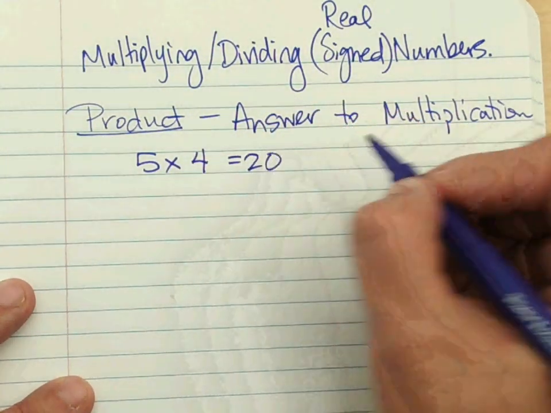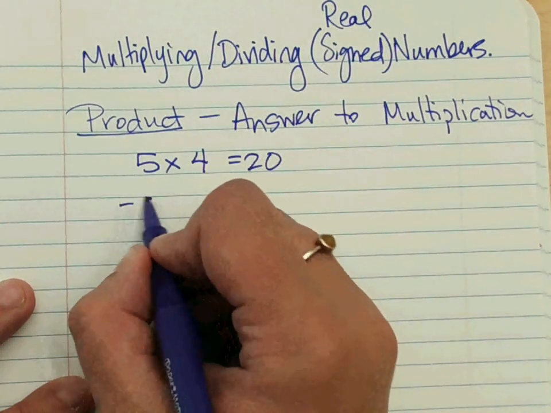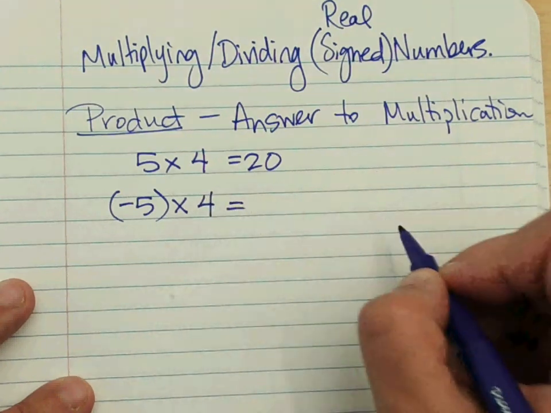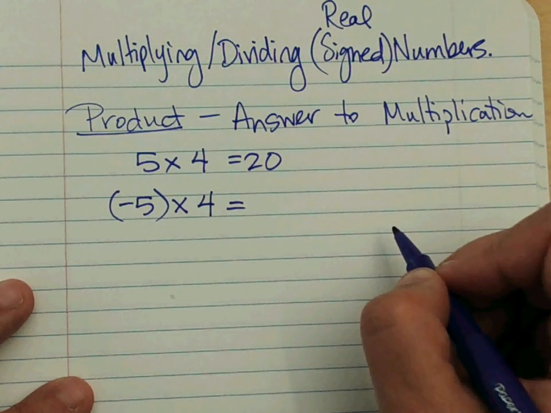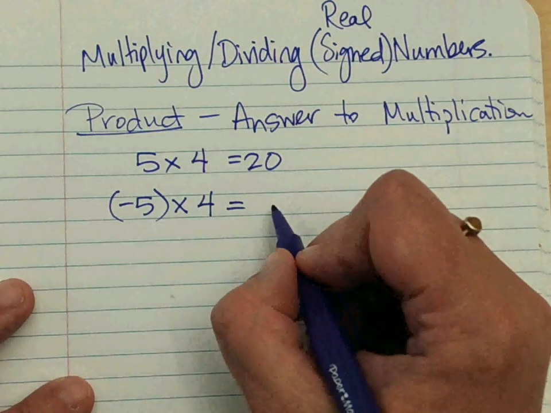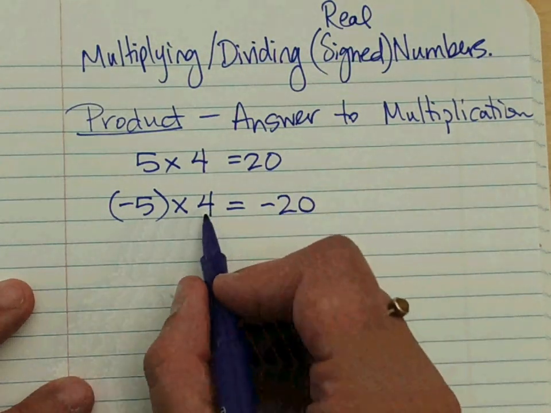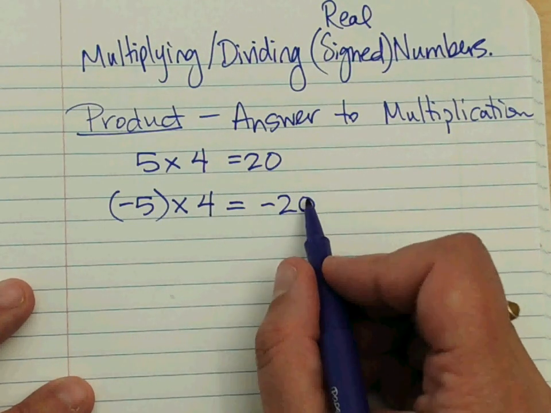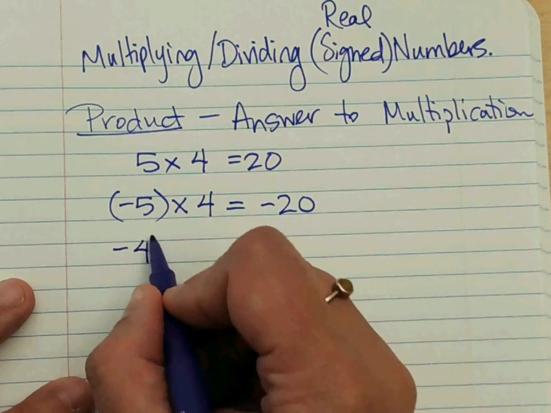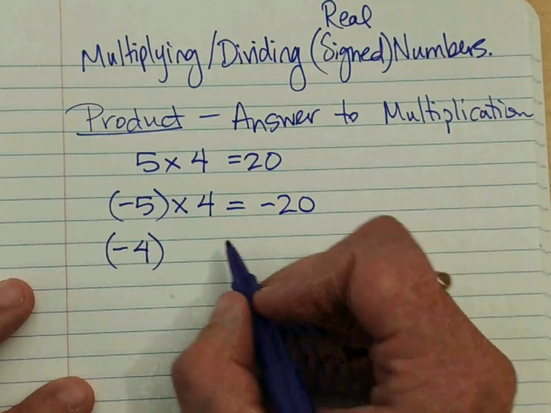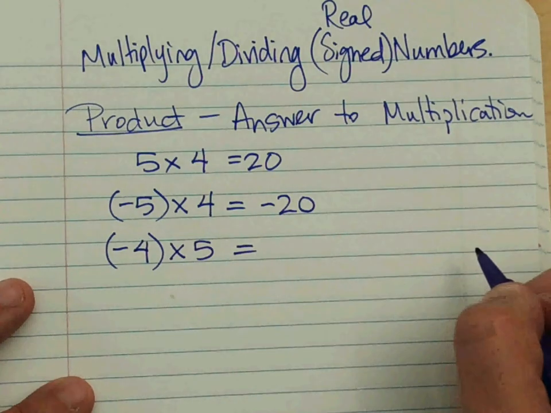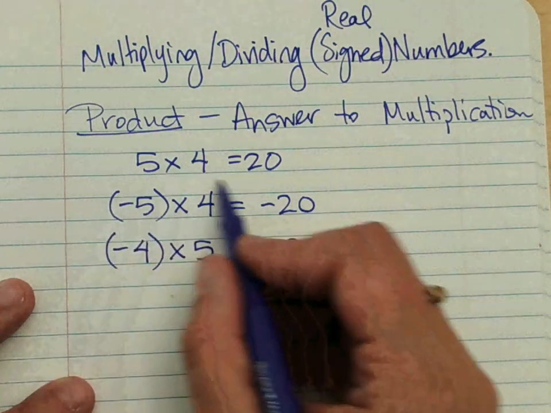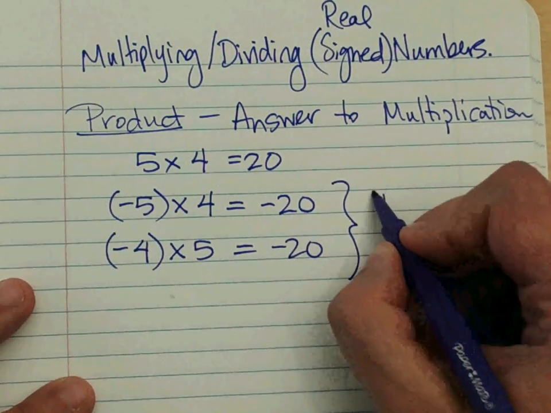20. Now let's say you owed me $5, but you borrowed $5 from me 4 different times. How much would you owe me? 20. So that would be negative 20. A negative 5 times a positive 4 would give us a negative 20. What if you borrowed $4 from me 5 different times? How much do you owe me? Still negative 20. So what you're going to notice here is if you have different signs,